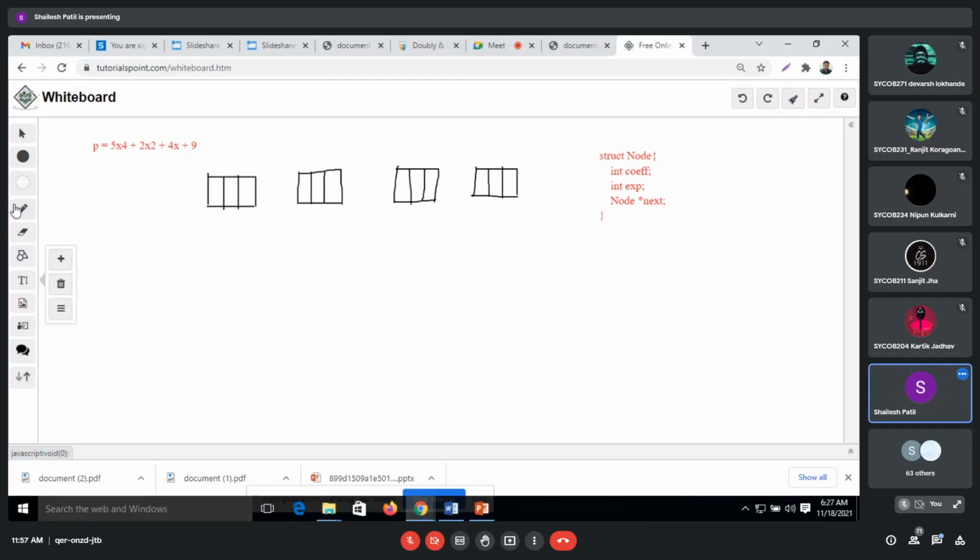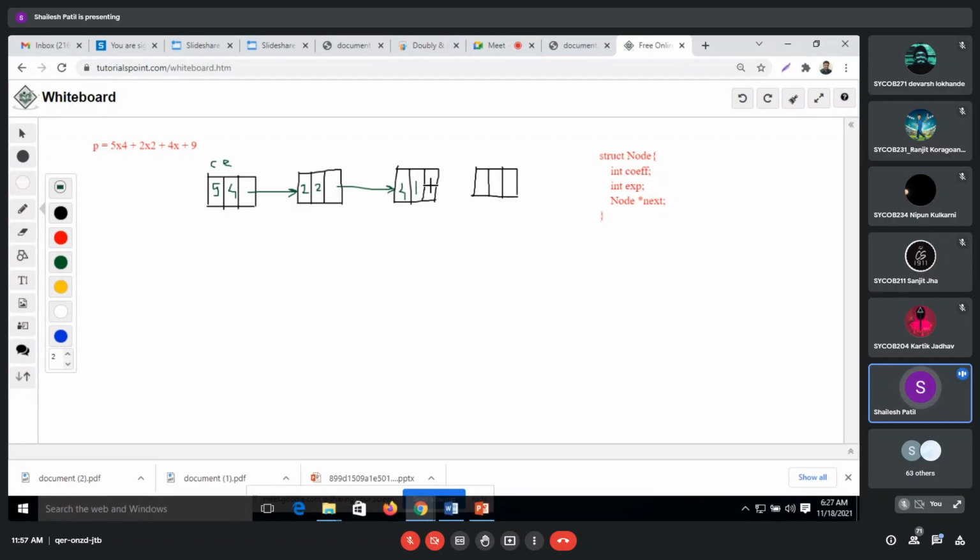Okay, so in this case, with this example, we'll have 5 over here. Okay, so 4 is an exponent. Because this first term will represent the coefficient, the second term will represent the exponent. Next term will represent the pointer. So 5, 4 over here. Then 2 is over here, the next 2 is over here. So that is again pointing to over here. So 4 is over here. What is the exponent? It is 1.